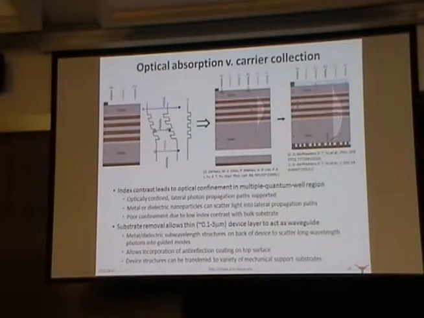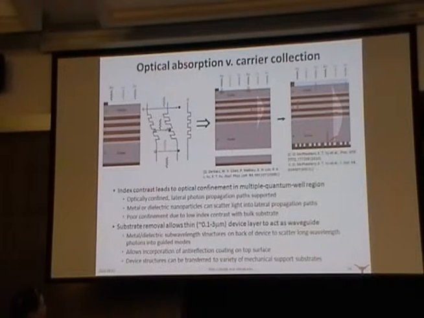But that process is not very efficient. And the reason it's not very efficient is that the contrast in refractive index between this region here and this very thick gallium arsenide substrate below it is not that large. It's maybe 0.1 or so, right, would be a typical value. So you actually have a lot of substrate radiation modes, and a lot of the light that's scattered doesn't go into this kind of mode, it goes into a substrate radiation mode, right? Which, it's not bad, but it doesn't really help you either. Okay, so